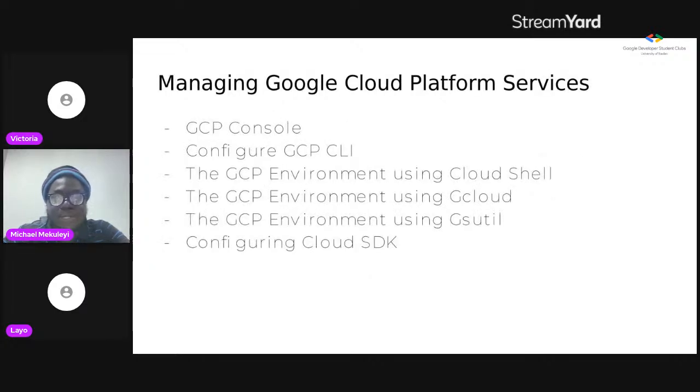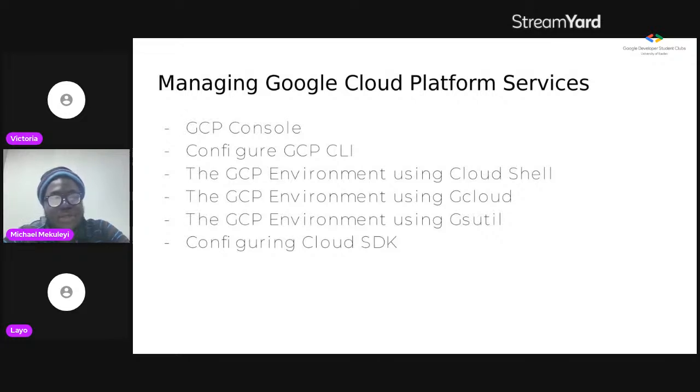So it's going to be quite technical. Because there's a lot to cover, I'm going to be breaking most of those points down into what we'll be referring to as quick points. So we'll be covering the whole lot of GCP, starting from the console. We'll be going down to the platform services, going down to features, going down to a whole lot of stuff. So we'll start with the GCP console.